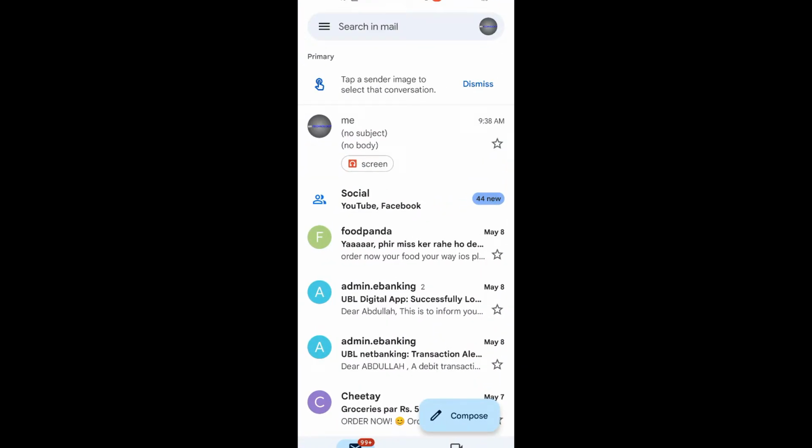If you are creating the Gmail account for the very first time on your smartphone, then the interface will be a bit different. In that case, all you have to do is to click on the sign in option and then create the account. But just in case if you are seeing the interface like this, then what you need